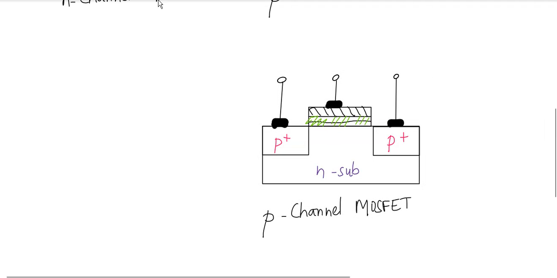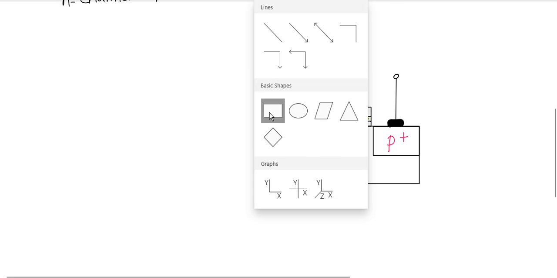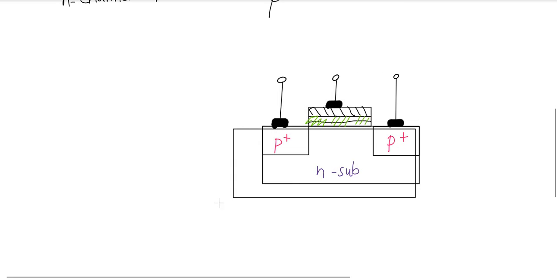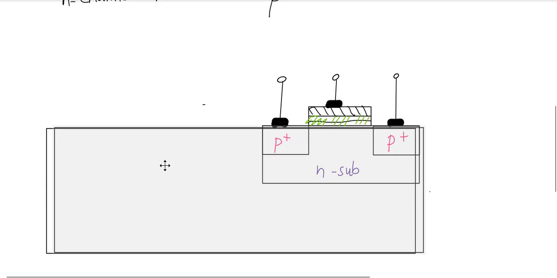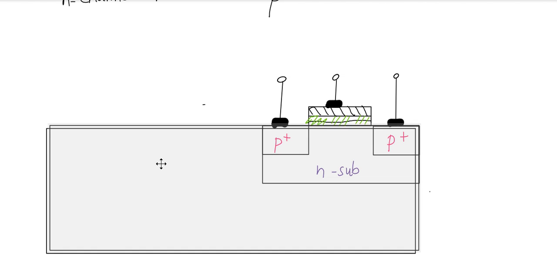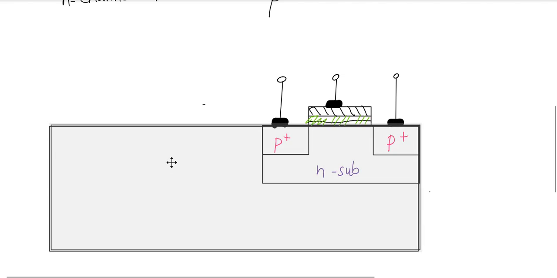In order to do that, a larger substrate is taken, and into that substrate this device is fabricated.